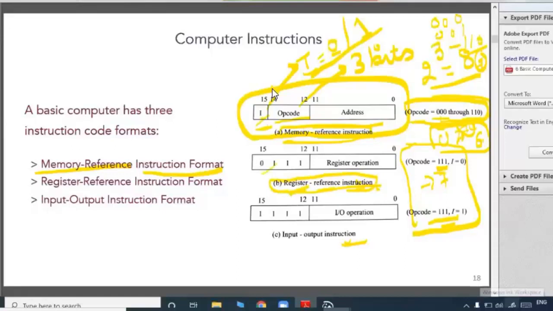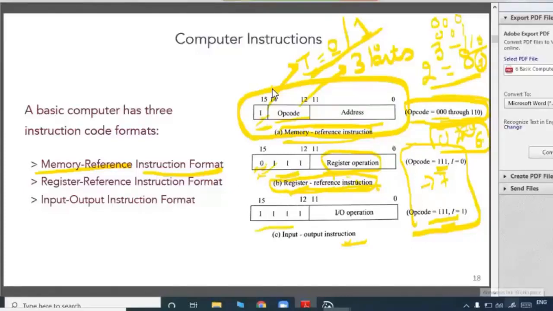Here I is always 0, because everything is done through the register, so we do not need to access memory here. So it is written 0 here. Whatever the value of opcode will be, it will be taken directly. So this is the case of register reference instruction. Here it's written register operation because all the operations are to be performed on the register.